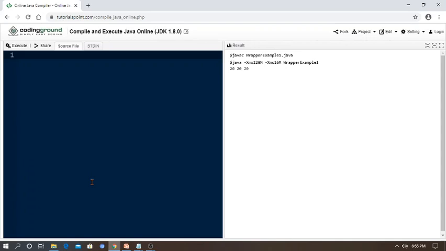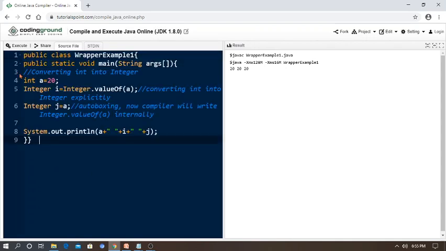Yes, by default, if you want to, you can change the value at runtime. Successfully executed. So the wrapper class autoboxing program is printing the a value 20, i value also 20, and at last j value also 20, because we want to view these three. That's why I give the SOP statement.